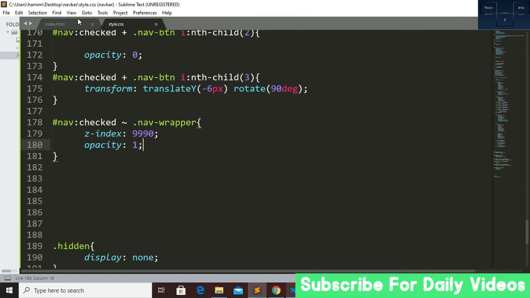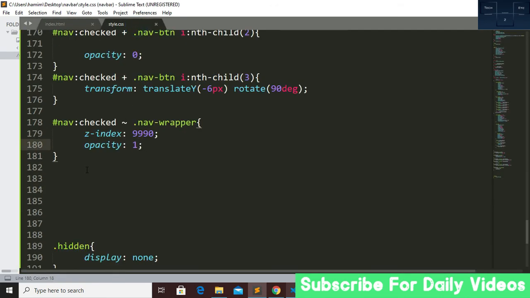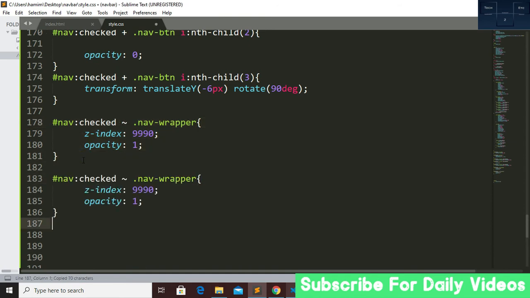So now we have to target our another list and anchor tag. So that's why copy this thing again and paste it here. So this will be navbar, and here is another list and anchor tag also. So this one opacity will be 1.